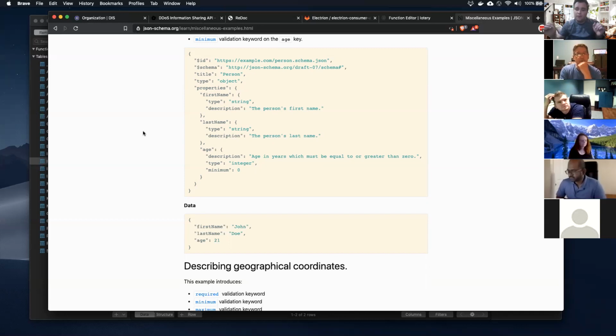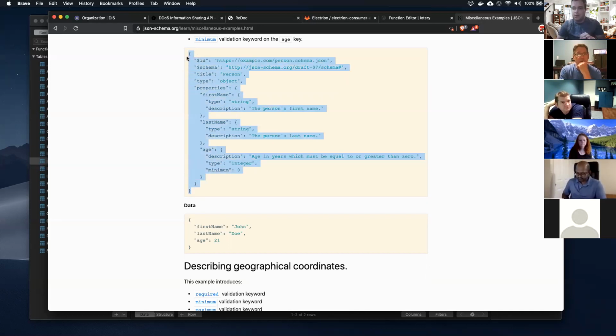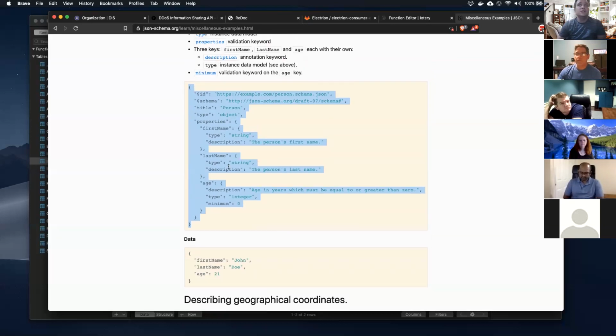If we can auto-document like this, not only can we generate documentation, but we can also generate validations and clean up our code and save us a ton of time, especially from a security perspective or just a usability perspective. So we can actually make our APIs be enforced by JSON schemas. That's what we're going to write here in a bit. So here's an example of a JSON schema.